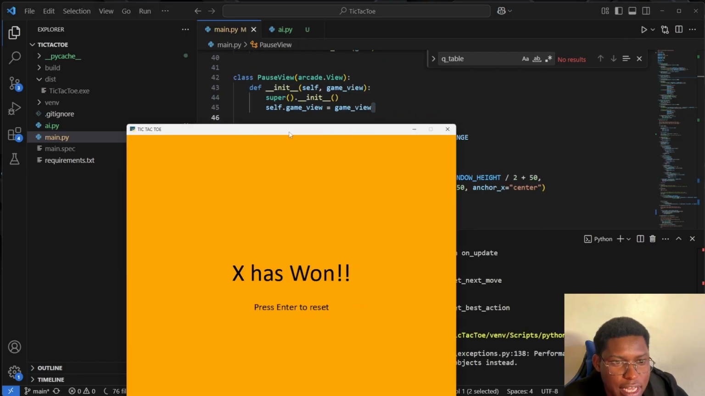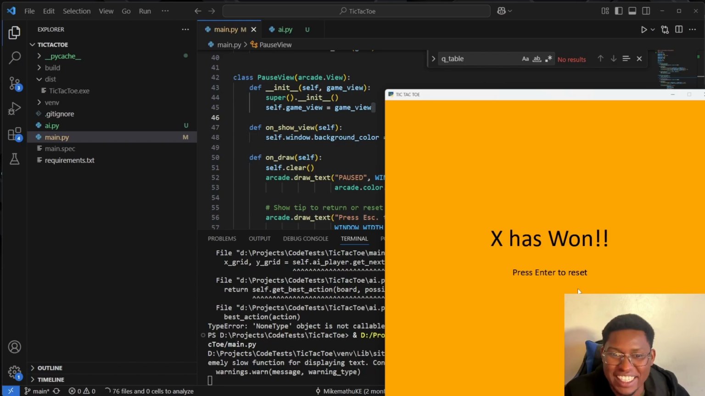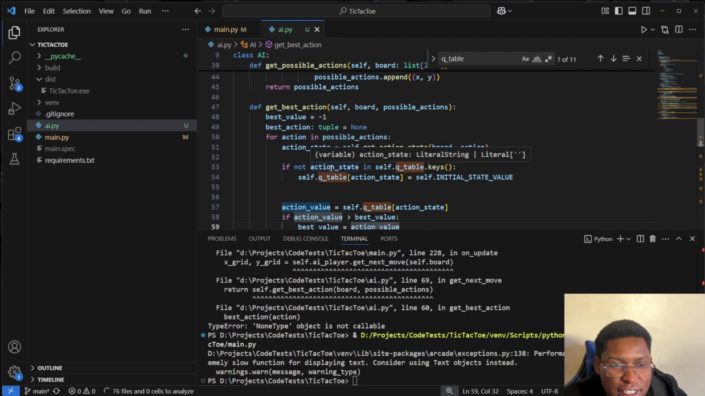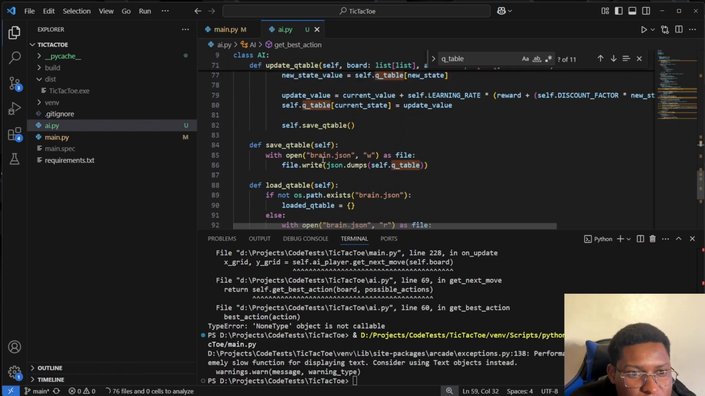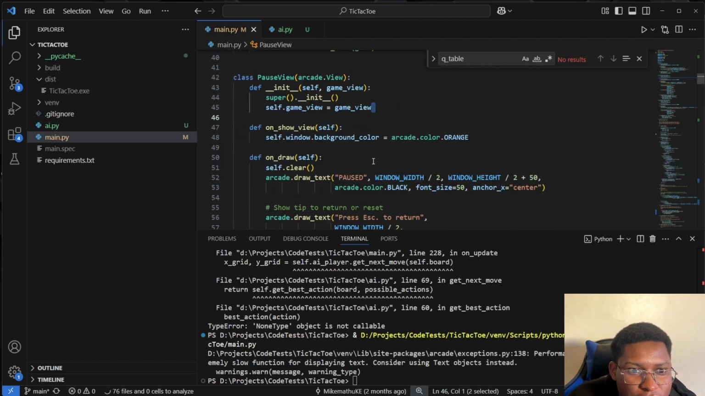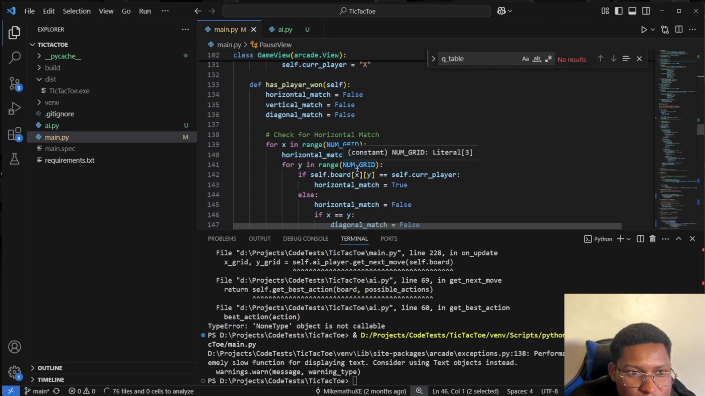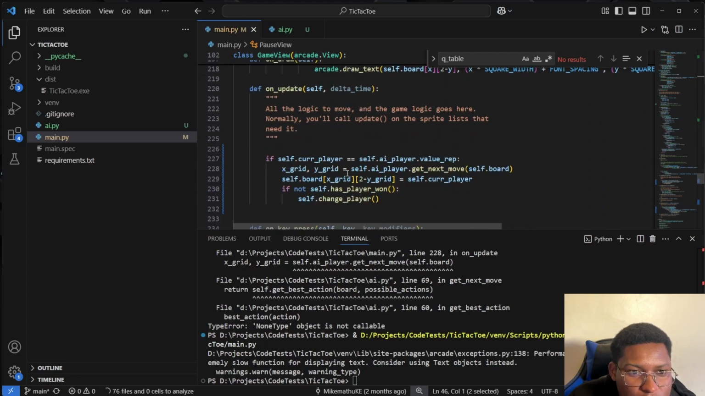Oh, did you just say X? Whoa. Wait, what? X is 1. That is not correct at all. So I need to see what happened, because something definitely happened. So let me see. When we go to this update function, so on update,